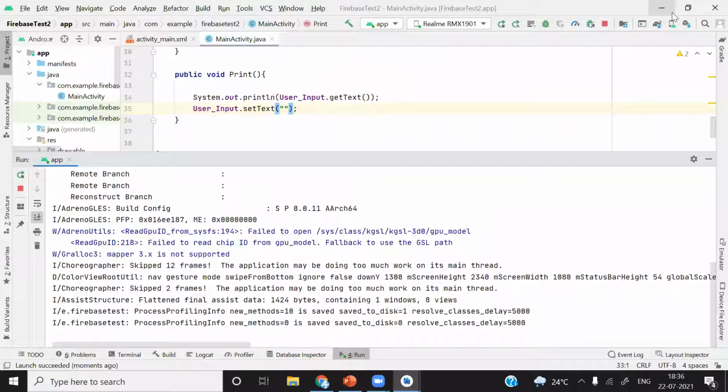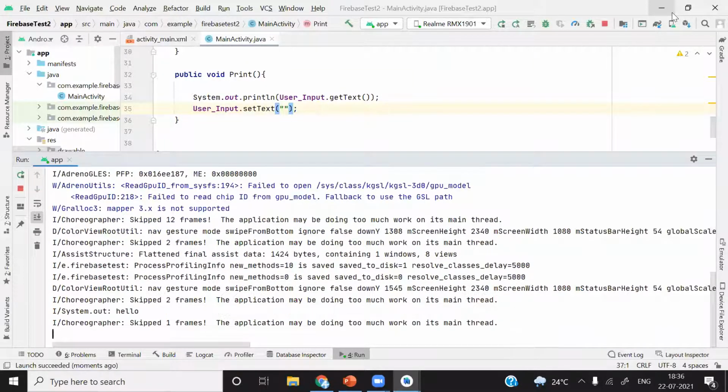I've written hello here and I will press the print button. You can see here hello, and whatever text we had written in the edit box got erased automatically.